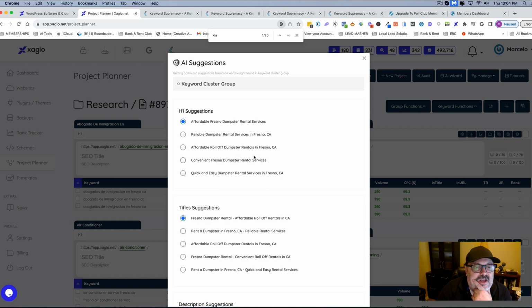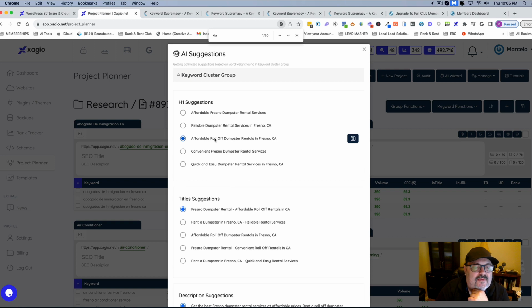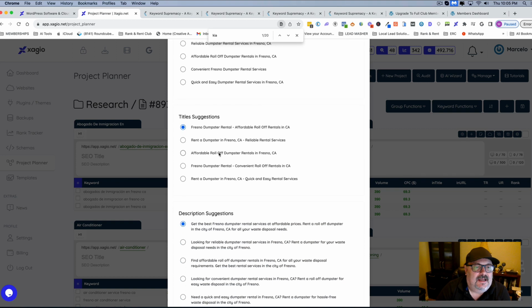Affordable Fresno dumpster, reliable dumpster rentals. Yeah, let's do this one. Affordable roll off, and then actually no, because the main one we liked is just that. So let's just do affordable Fresno dumpster rental, and then we're going to go rent a dumpster.